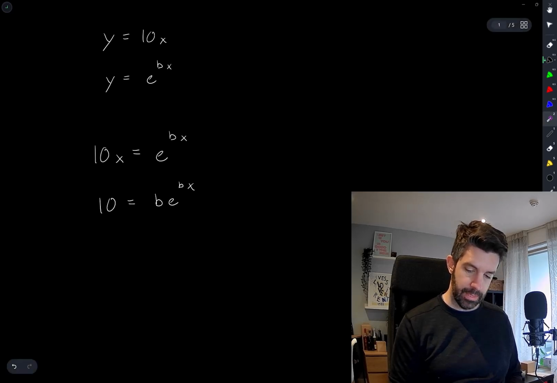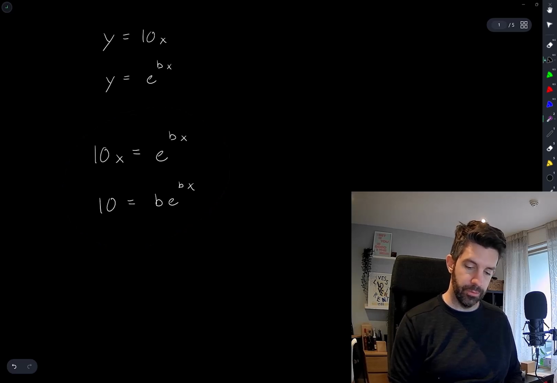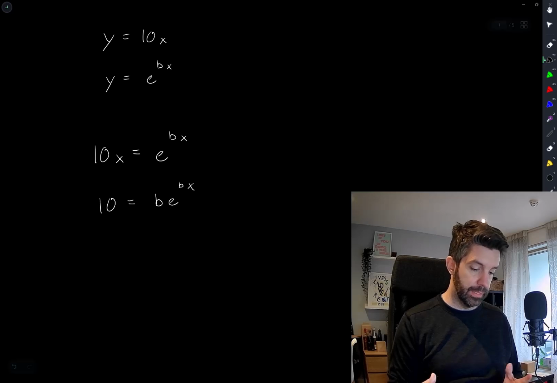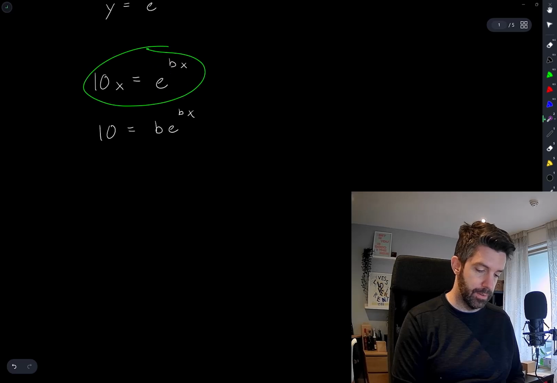So this gives two equations and two unknowns. I have to solve for x, and I also have to solve for b. Although really, I don't need to solve for x. It's only asking for the value of b, but it might just be easier to solve for both of them here. First thing I notice is that if I divide the first equation by the second equation,